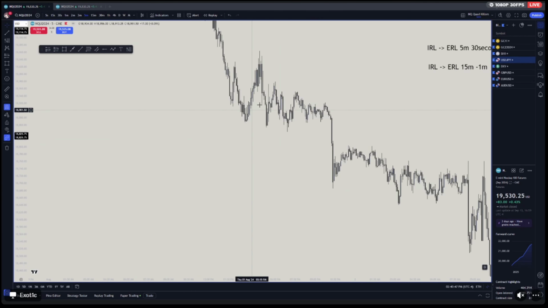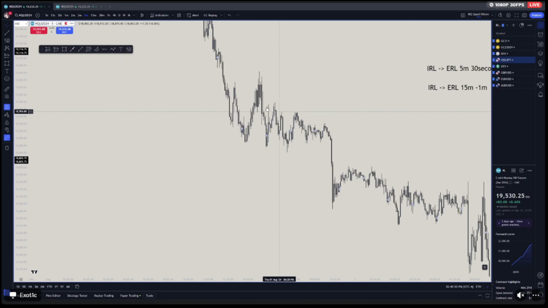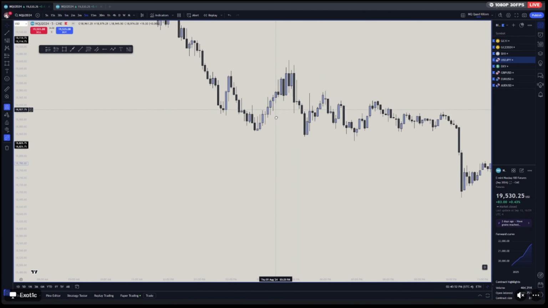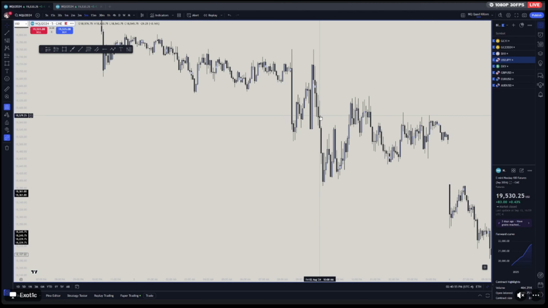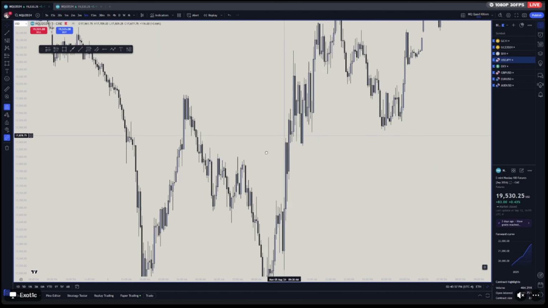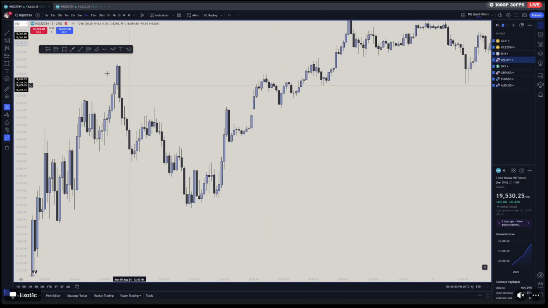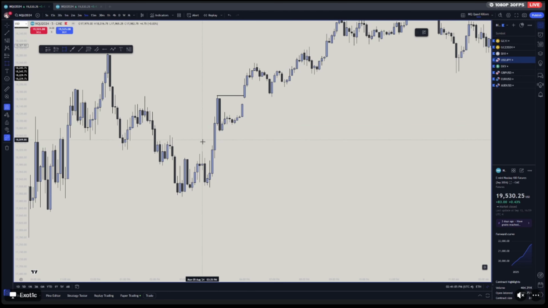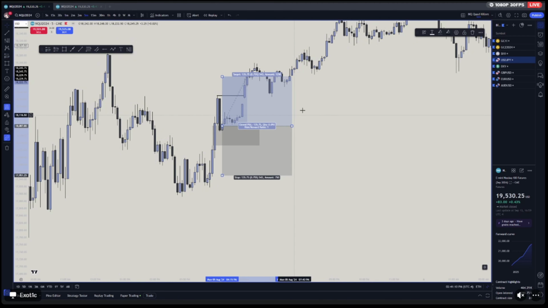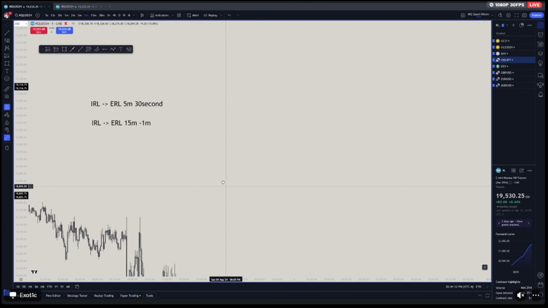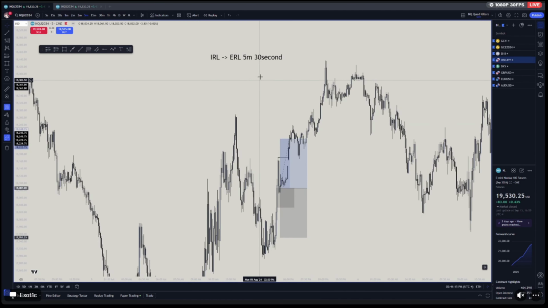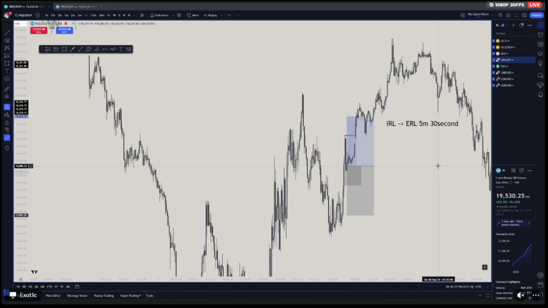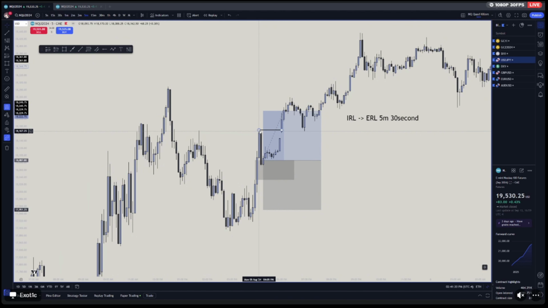Because realistically, if we're trying to catch a 5-minute IRL to ERL, it's not going to be that much here, right? Let me see if I can get a good example here. I guess you can use right here, right? It's not going to be that much. Your risk to reward isn't going to be great coming into here if you're going strictly off the 5-minute and we're not coming down into the 30-second to really look for that model to find these relative equal highs located right here for that 30-second model and for the 30-second ERL,